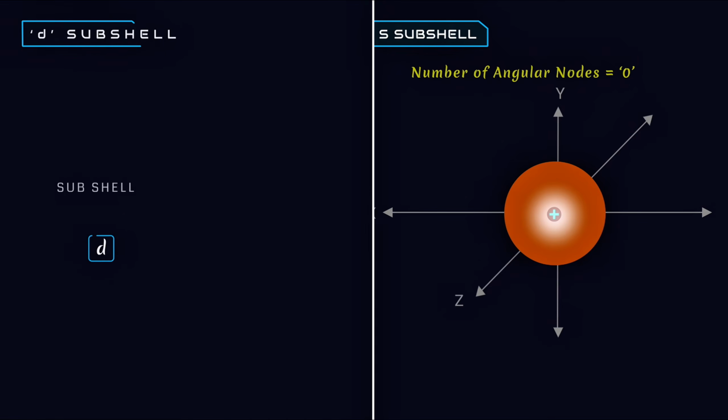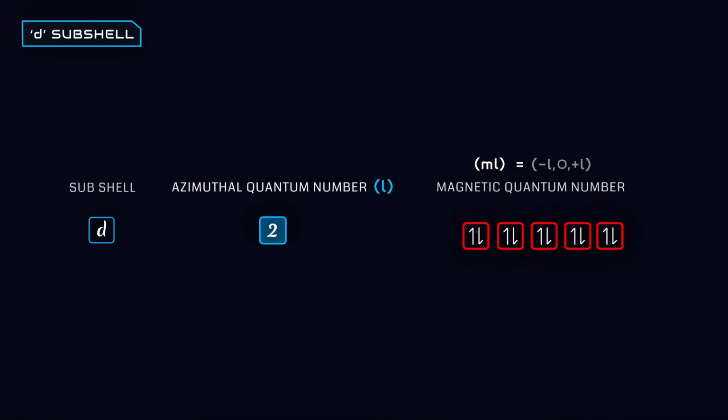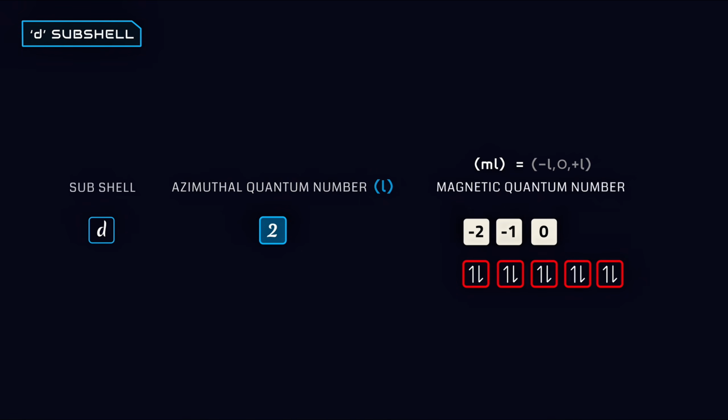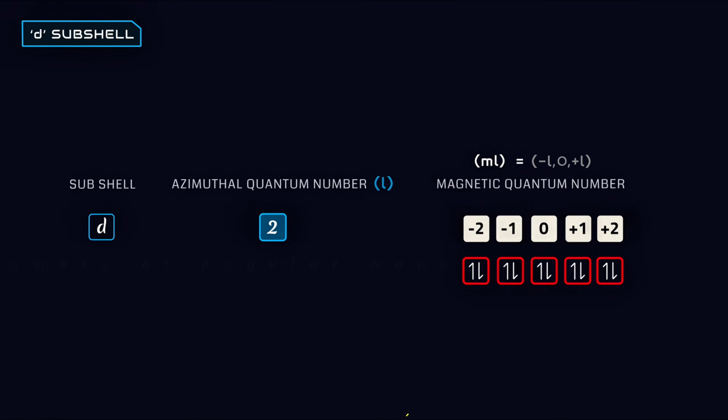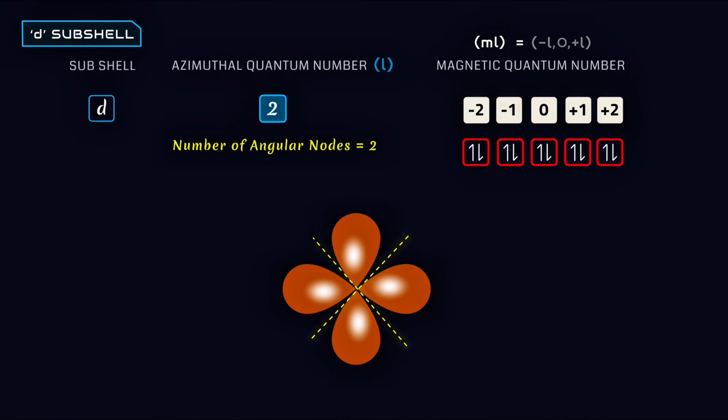The d subshell has 5 orbitals, and its orbital quantum number is 2. So its magnetic quantum numbers are -2, -1, 0, +1, and +2. Because the orbital quantum number is 2, each d orbital will have 2 angular nodes and generally 4 lobes. The 5 d orbitals and their orientations are: